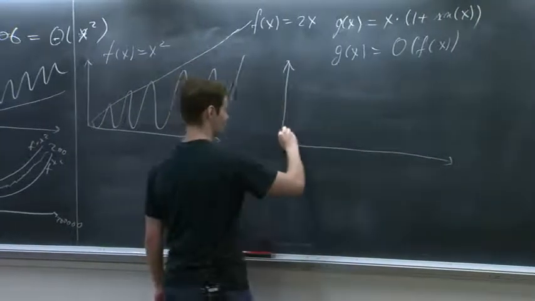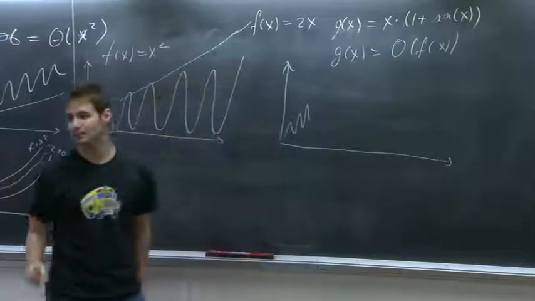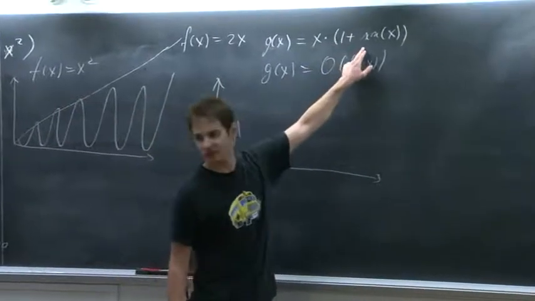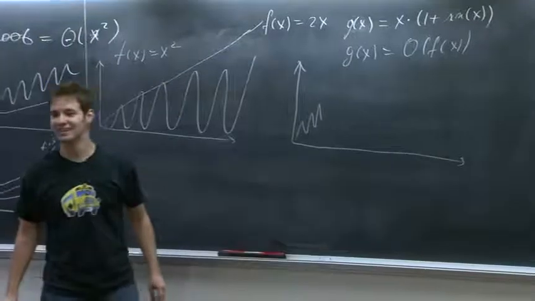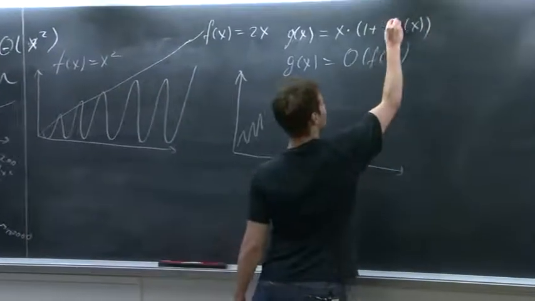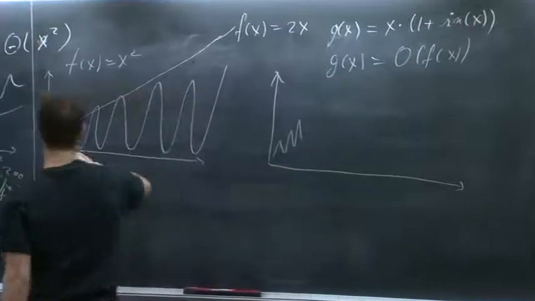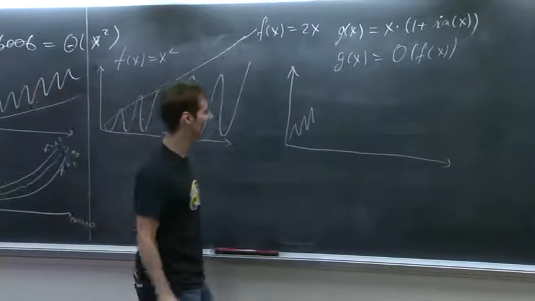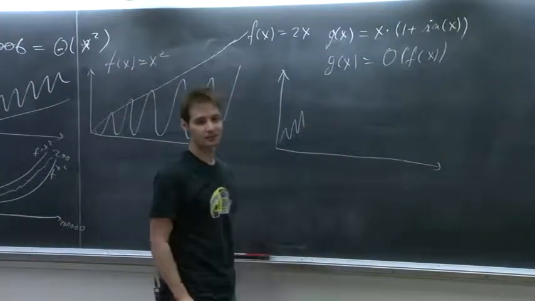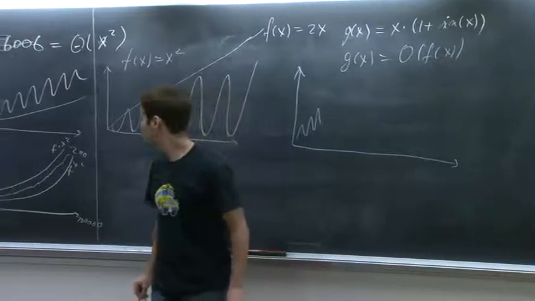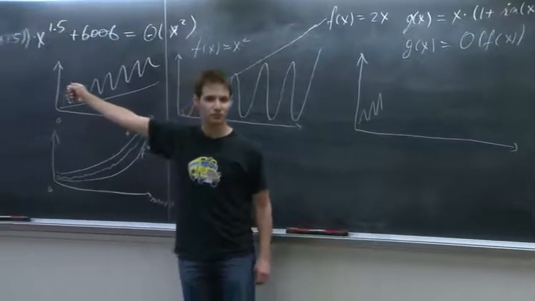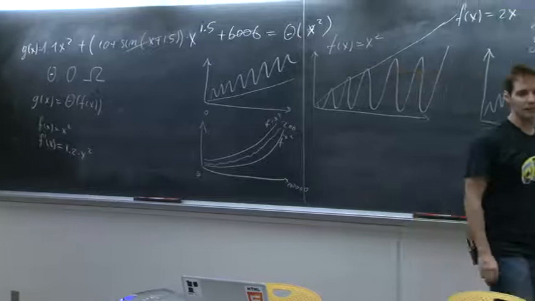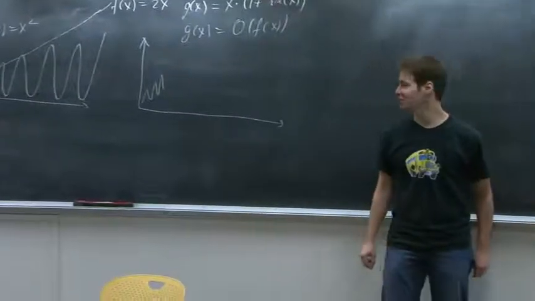Okay, I will draw another function. Again, wavy. It says x times 1 plus sine of x. Sorry, my handwriting is not very good. It doesn't really matter what it is. It just needs to have a sine so that it looks wavy like this, so that I can make something that looks complicated. So in the first example, is it 1.2 times x squared? Yes, I wanted something that's higher than 1.1. Okay, so it's like time, not cost. Yes. Okay, now that I got a break, does anyone else want to ask questions?